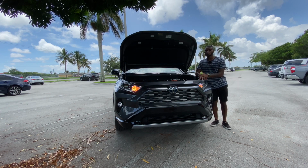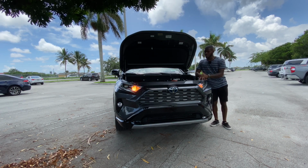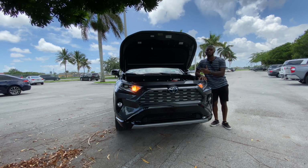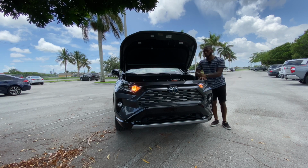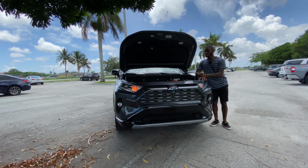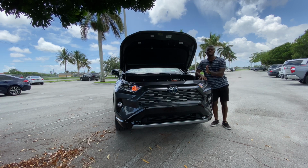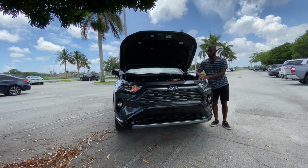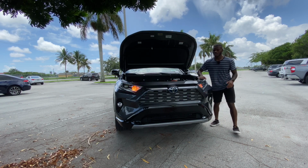And I cannot wait to drive or basically review the Prime that's coming out, which has a 42 plug-in hybrid system. It also makes 302 horsepower, so that's actually faster than this RAV4 Hybrid that I'm reviewing today. Toyota says 0 to 60 in 7.2 seconds, but the Prime is going to be 0 to 60 in 5 seconds, 5.4 seconds, around that range. But let's look at the front fascia here of the RAV4 Hybrid. Closing the hood here,